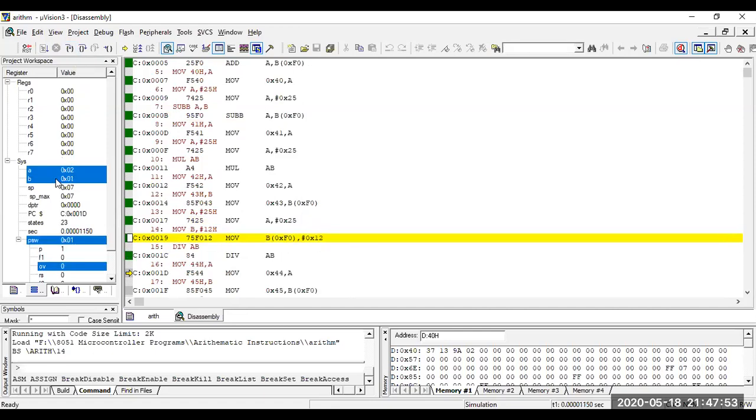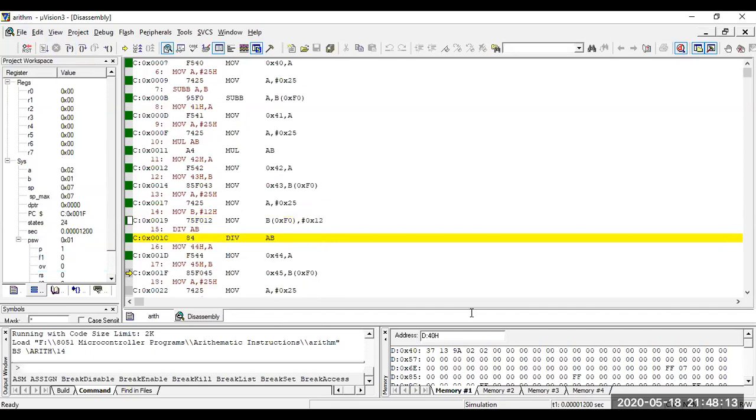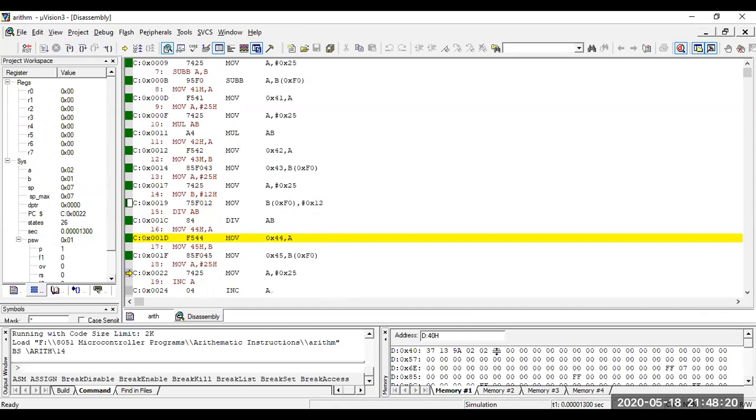When you divide, 12 twos are 24, so the quotient you are getting into A, and the remainder is 1, so the remainder you are getting into B. After that, the quotient you have to save in 44 and the remainder in 45. So the quotient you got into this memory location, and this is the remainder.